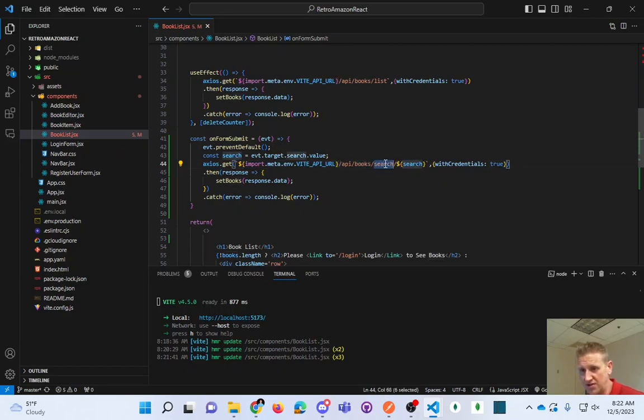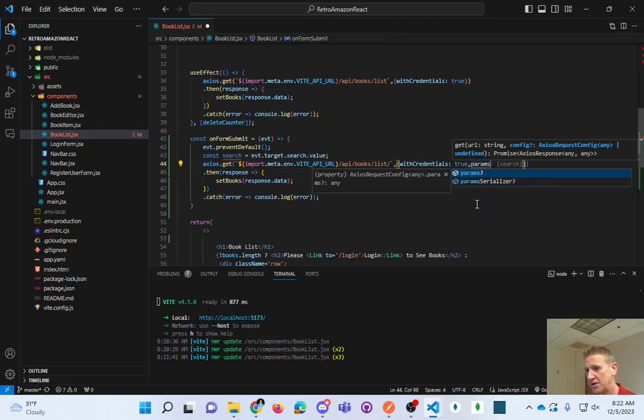Now, okay, so this is where this goes off the rails. There is no /search. It is API books list, and I don't think I'm going to do it this way. So I'm going to delete. We're hitting that same list route, and then after this with credentials, I'm going to hit a comma here, and here we go, params colon